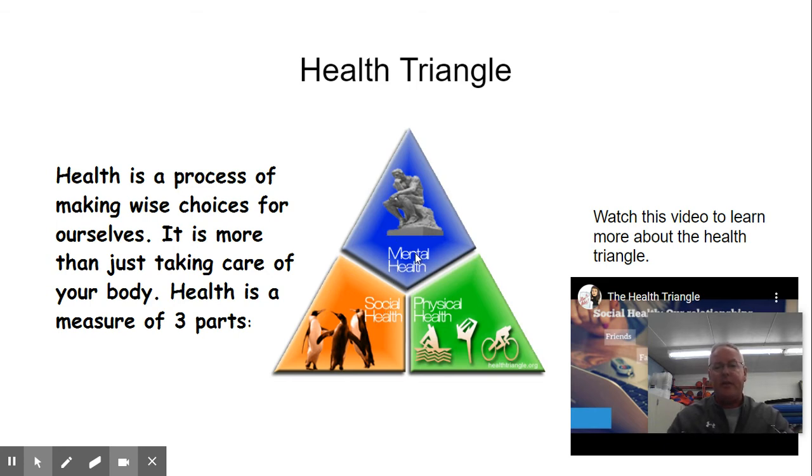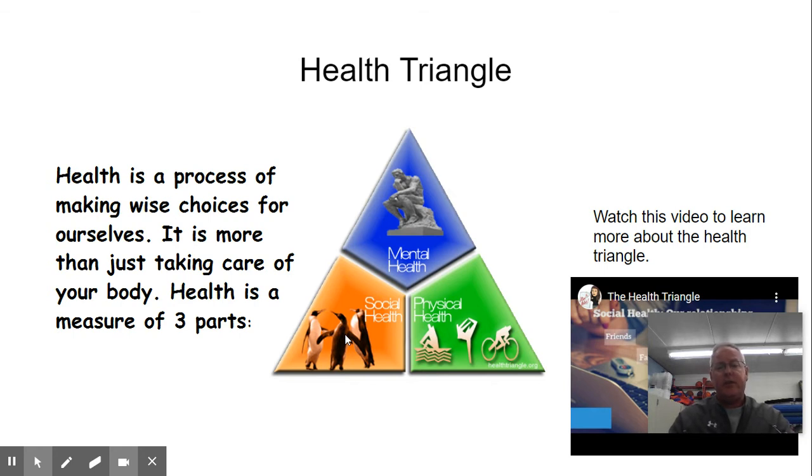Mental health has to do with how you think about yourself. Do you have a positive outlook? Do you think that you're good at certain things? Doesn't mean you have to brag and be the best at everything. But people that have trouble with mental health sometimes are always putting themselves down or they feel sad about themselves and things like that. Social health, this has to do with how you get along with other people, your family,